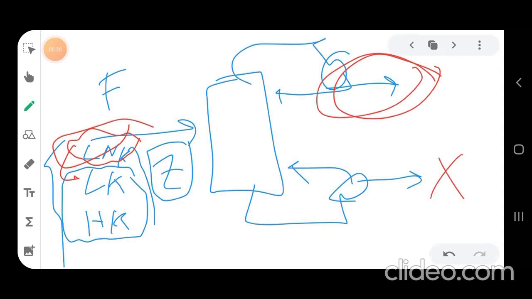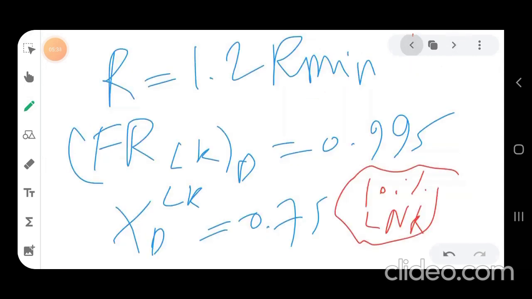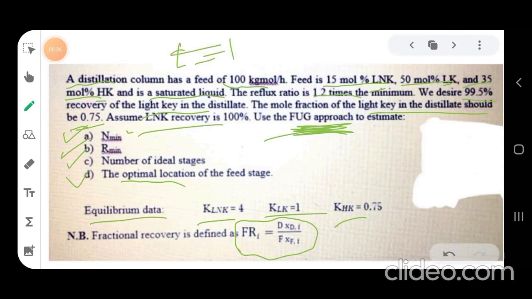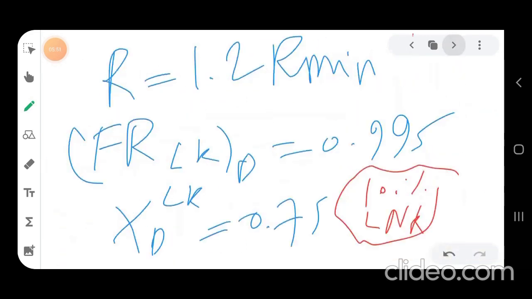Okay, and also he gives me equilibrium data. These are the K distribution coefficients for LNK, for LK, and for HK. Okay, these are the distribution coefficient values. So the first thing that I prefer you to start with is finding the relative volatility values, the alpha